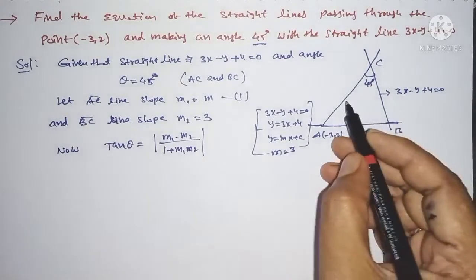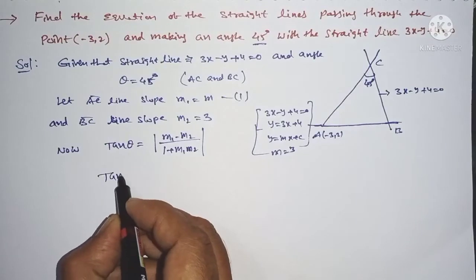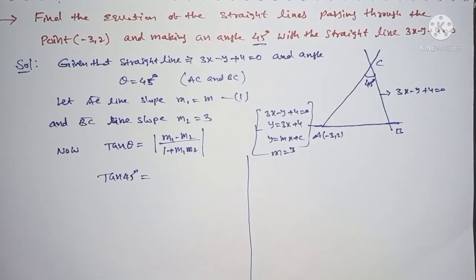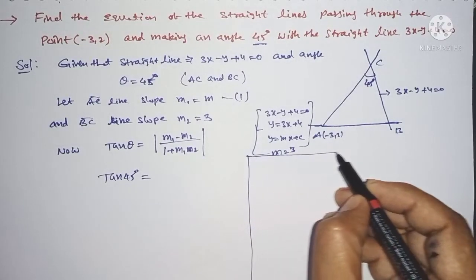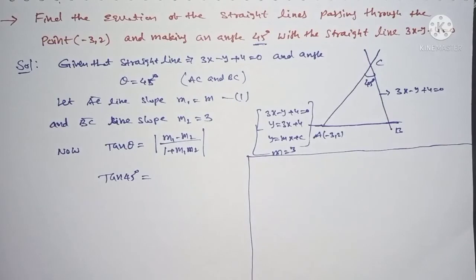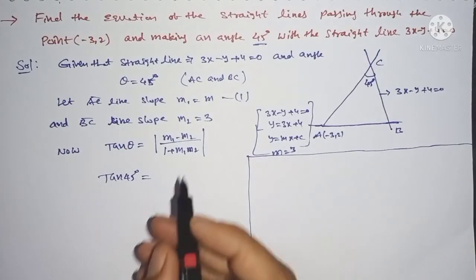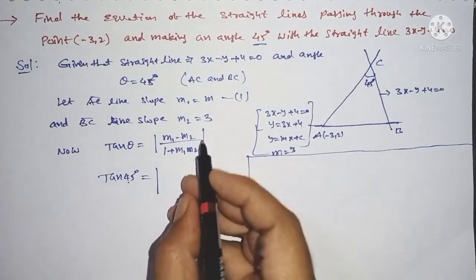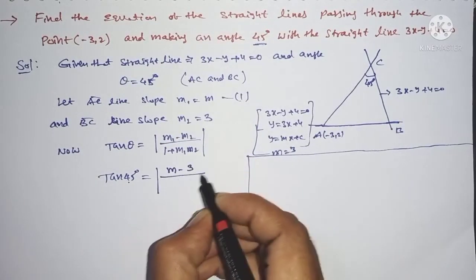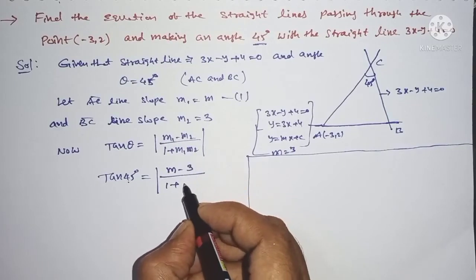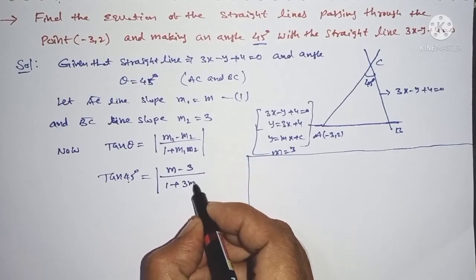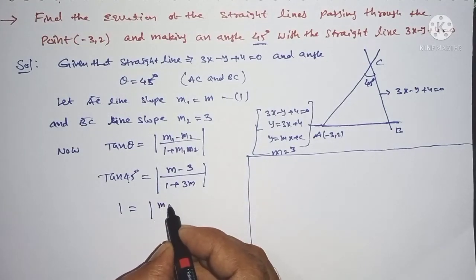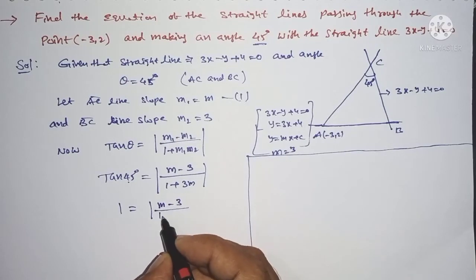It is given the angle between the lines is 45 degrees, therefore tan 45 is equal to the mod of m1 minus m2, therefore m minus 3, by 1 plus m1 m2, that is m times 3, I can write 3m. Tan 45 is how much? It is 1. Mod of m minus 3 by 1 plus 3m,